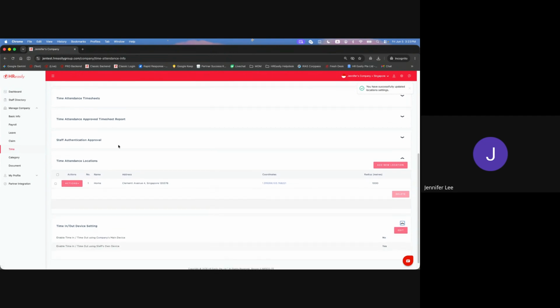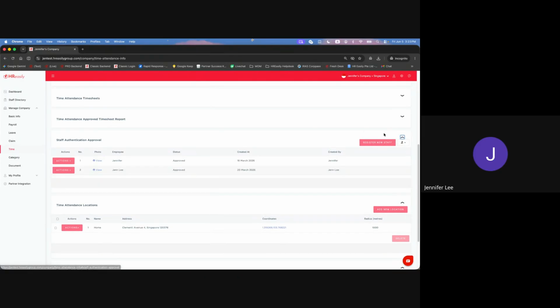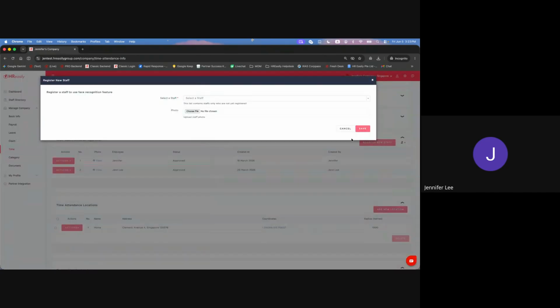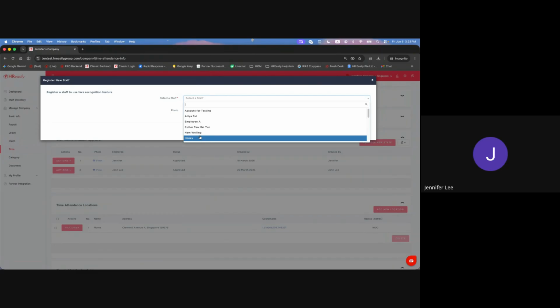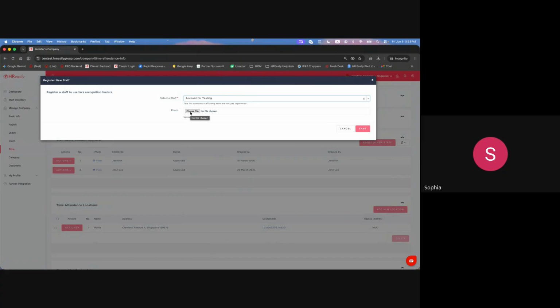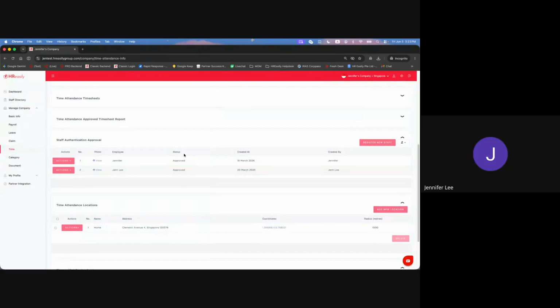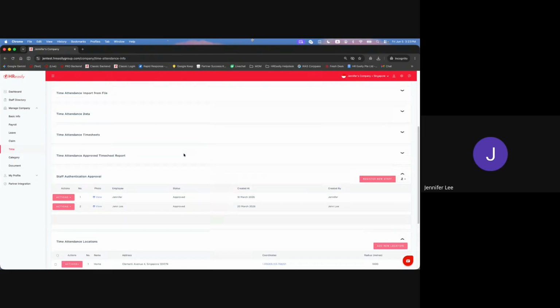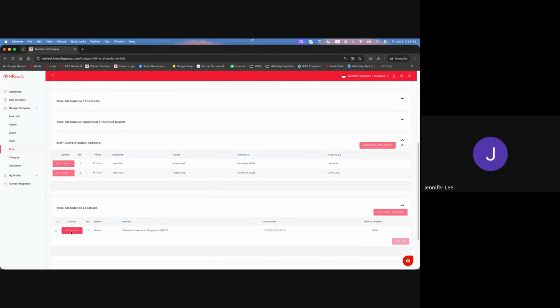If you want facial recognition, it means they need to take a picture before they can clock in. You will need to upload their photo first. So your staff need to send you the photo, then you register for them. You select the staff, then upload the photo. Yeah, troublesome. Besides face recognition, is there an easier one? If you don't want face recognition, then just assign them to a location, and then